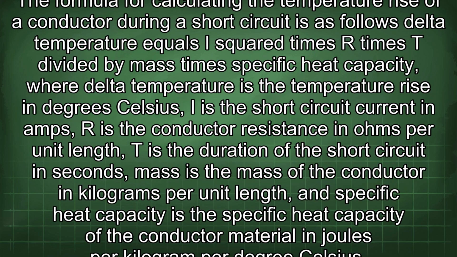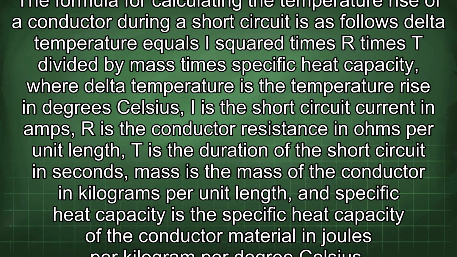The formula for calculating the temperature rise of a conductor during a short circuit is as follows: delta temperature equals I squared times R times T divided by mass times specific heat capacity, where delta temperature is the temperature rise in degrees Celsius, I is the short circuit current in amps, R is the conductor resistance in ohms per unit length, T is the duration of the short circuit in seconds, mass is the mass of the conductor in kilograms per unit length, and specific heat capacity is the specific heat capacity of the conductor material in joules per kilogram